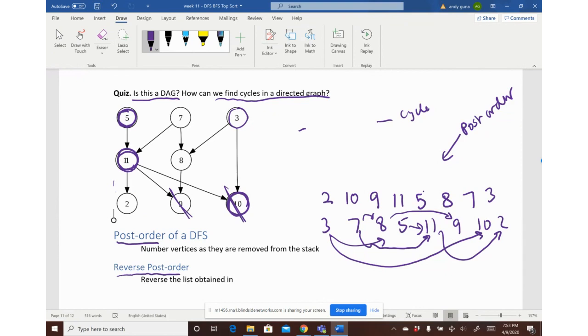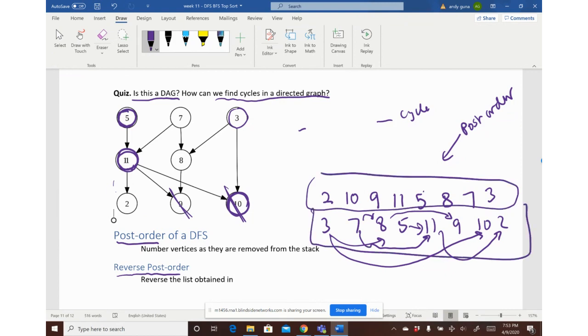Typically what you do is you have this post order, and this is called the reverse post order, where you're just reversing it. Called reversed post order. All right. So reverse post order gives you, notice that in the reverse post order, things flow forward. So if you take this complex,